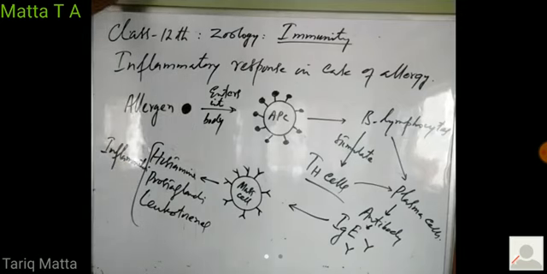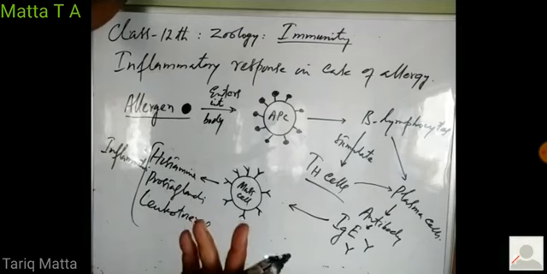So in case of allergy, whenever an allergen, so what is an allergen? Allergen may be any substance which is normal for most of the people. But this substance becomes harmful only for certain people of the population. You know, most of the people can eat egg white. But if I take egg white, in case of me, it acts as an allergen. I immediately suffer from an allergic reaction. So for me, egg white is an allergen. For most of the people, this egg white is a good source of proteins. They easily take it. They do not suffer from any allergy.